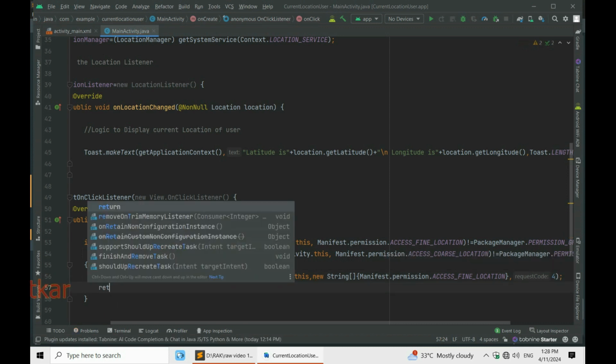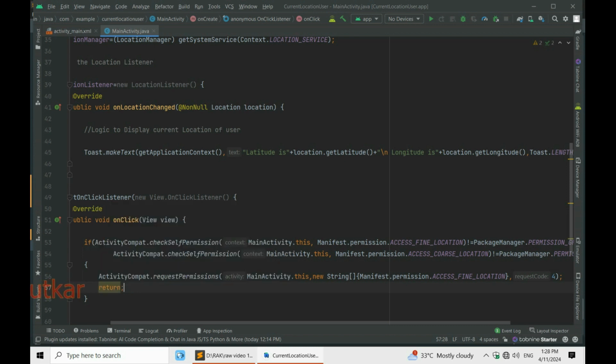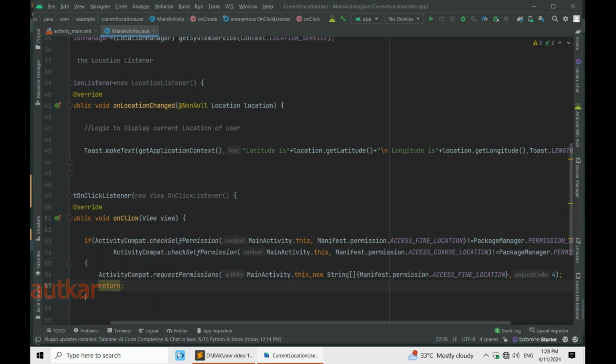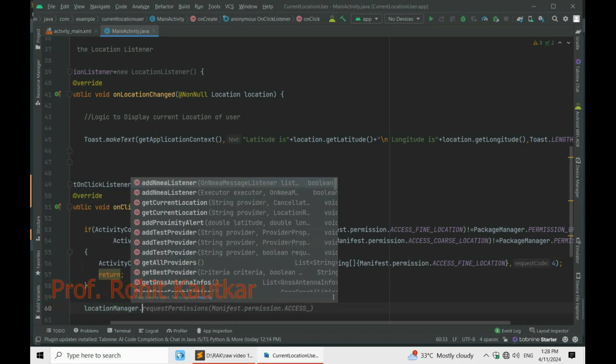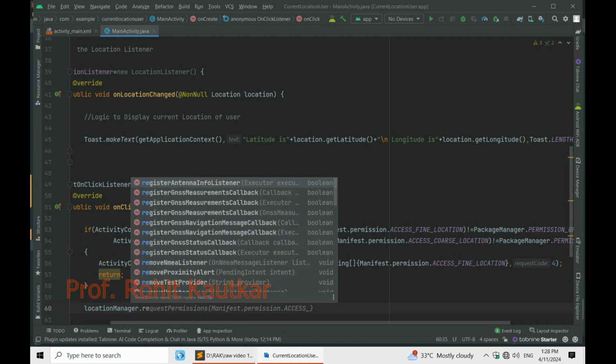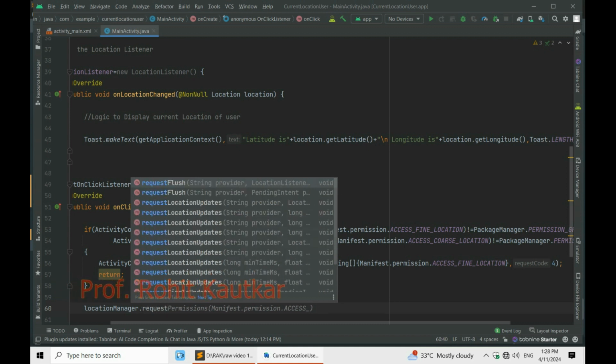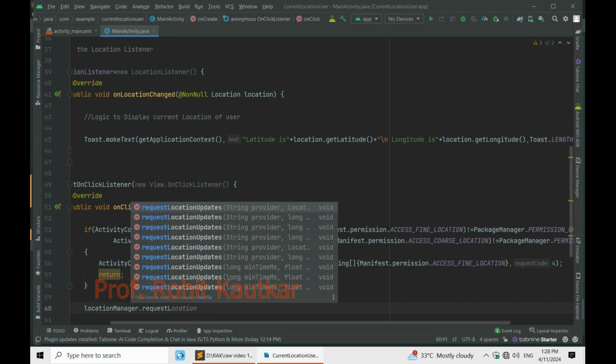and at last we will specify the return statement. Here the return statement will pause our code execution till the user responds. Now based on whether the user allows or denies, we will be able to take further actions. And if permissions are already granted, then here we are going to request the current location. So for that I will use the locationManager object dot requestLocationUpdates,